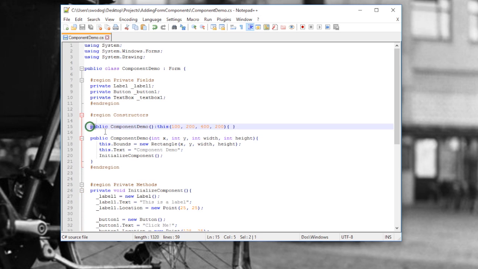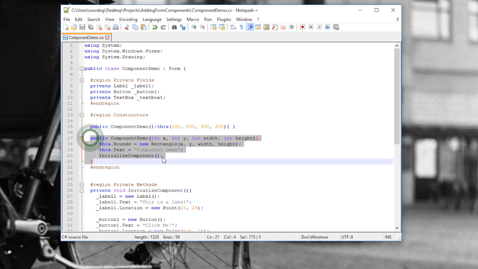In order to create the control itself, the form, the window, I have 2 constructors. I have a default constructor and I have a regular old constructor, right? And this second constructor takes 4 arguments and creates a rectangle and assigns that to the bounds property,